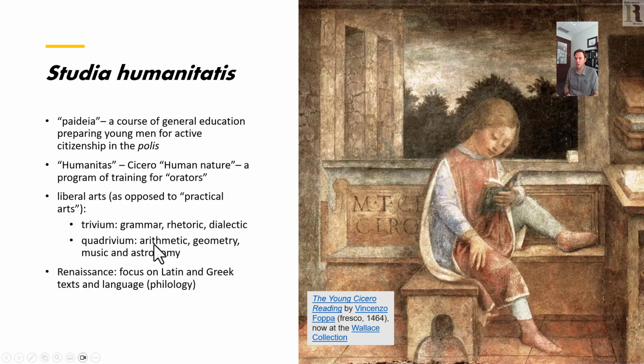Now, the liberal arts are called the liberal arts not because they're like woke social justice warrior arts, but because they were the arts of free people. Liber means free. So the idea, and in the early modern period, as through much of human history, to be free was to be a property owner, to be part of an elite. So the liberal arts were the arts that were cultivated by the elite for rulership, as opposed to the practical